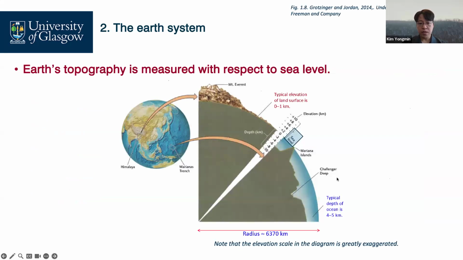The Earth's topography can be measured based on sea level, right? You studied this in our civil engineering surveying, right? In this case, mean sea level is being used. So the height of Mount Everest, the Rocky Mountains, all are based on mean sea level. Here is the sign convention. A positive elevation represents above the mean sea level, and a negative elevation means below the mean sea level.